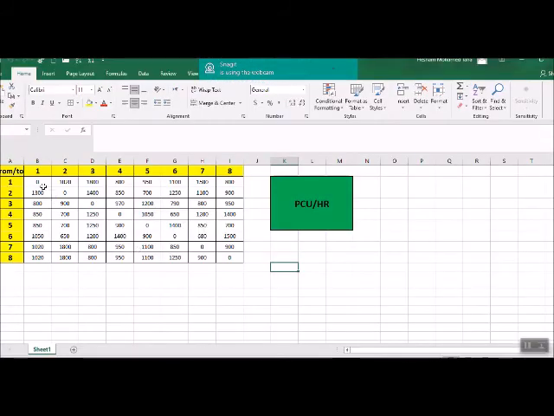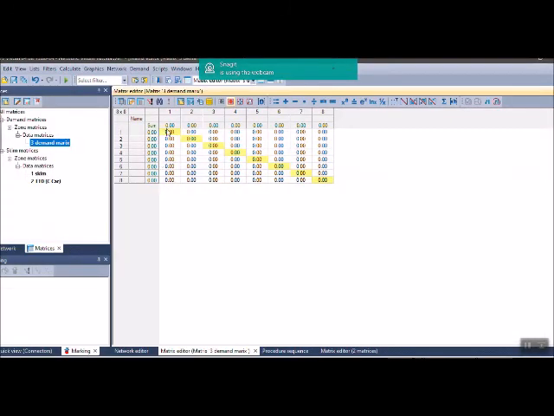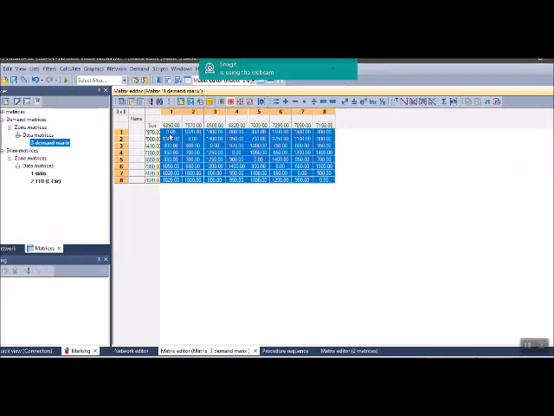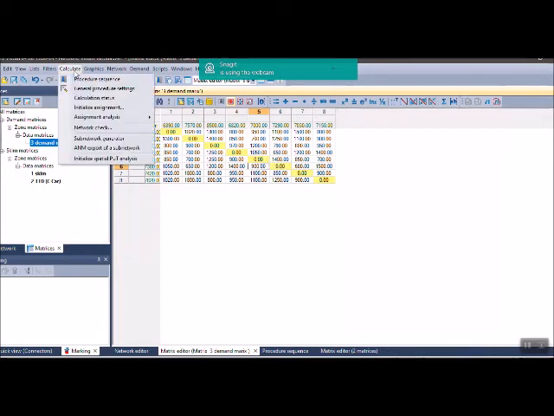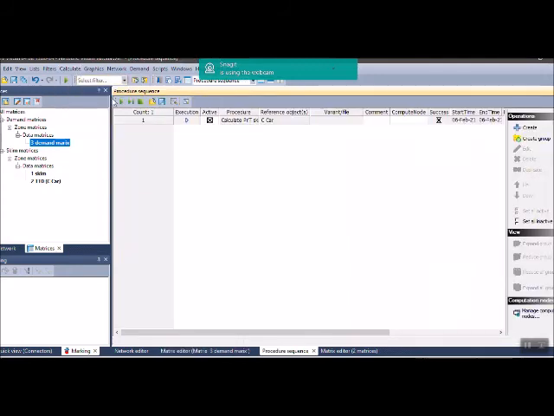We are going to the Excel. Simply select it all, Control C, go to Visum and click in here, Control V. Okay, so the numbers of the passenger car units are added to the demand matrix. Now we're going to calculate again procedure sequence and